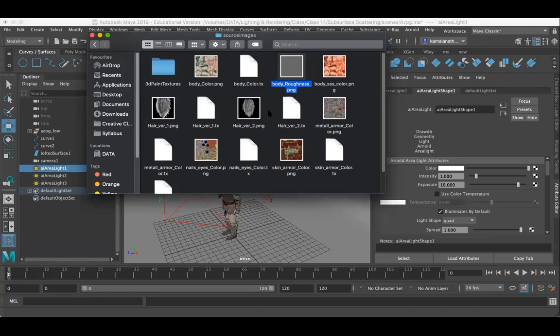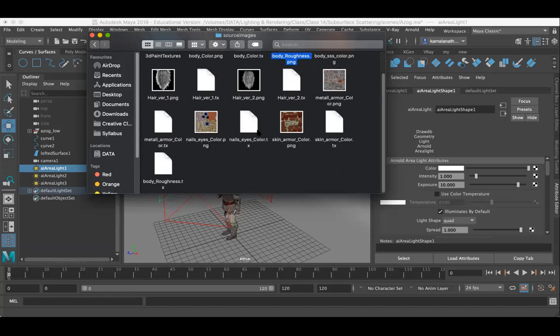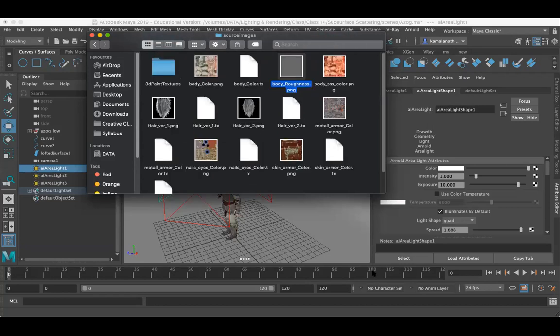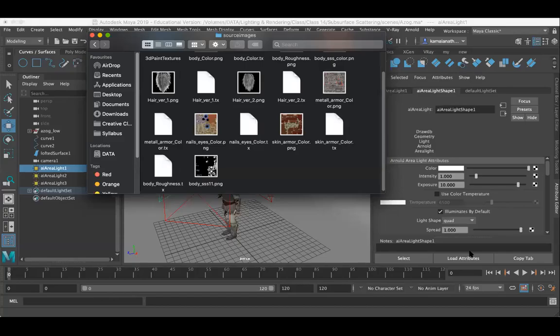specular. What is specular? Yeah, so it's here. So I want to just add this body specular.